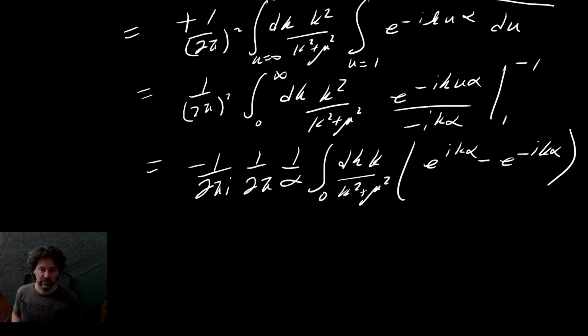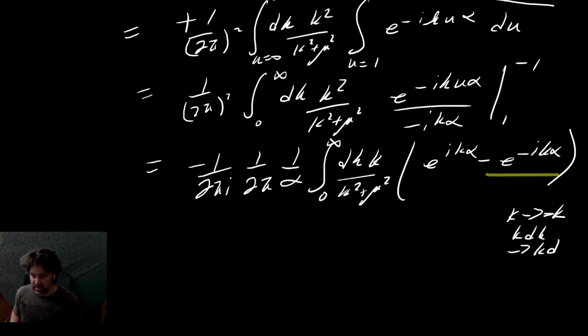And k is going from 0 to infinity. Let's look at this part of our integral, and we're going to make a change of variables there. So here we're going to say k goes to minus k. So k dk goes to minus k times minus dk, and k squared goes to k squared. We are left with